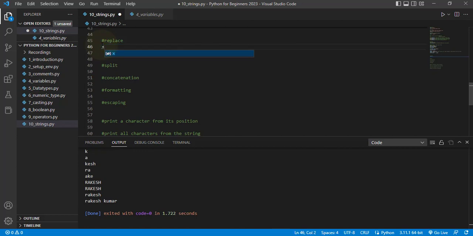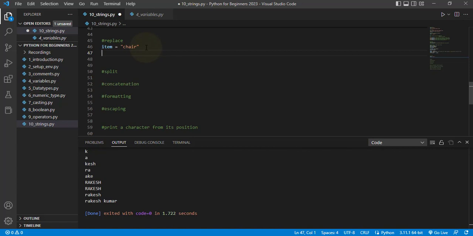Let's say some random variable, my variable, or let's say item. Okay, item variable is a chair. Chair is an item, and this value is a string, and the string we have inside the variable called item. Now here if you see,